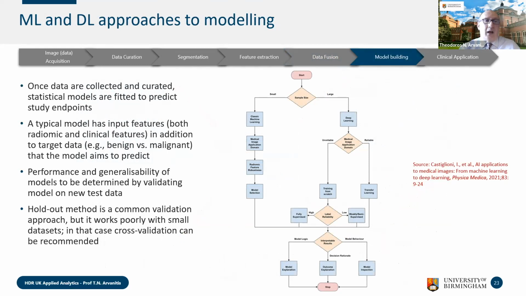And of course, in terms of building appropriate models, once we have the collection of the data and we have curated, then we can identify the appropriate statistical models to predict whatever our question is, if it is diagnostic or prognostic. And usually we take the imaging, the radiomic, the quantitative imaging, and the clinical features together to be able to do that prediction. And of course, the aim is to try to generalize as much as possible these,